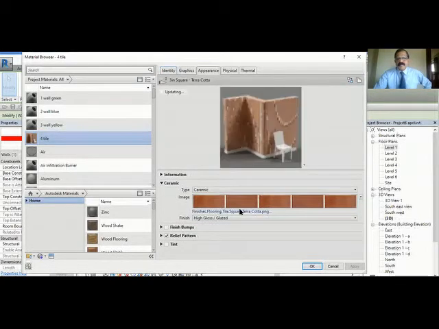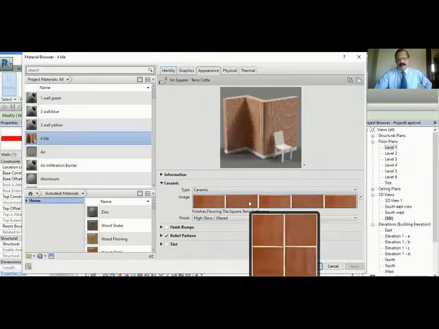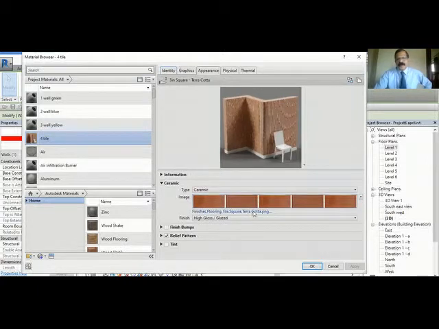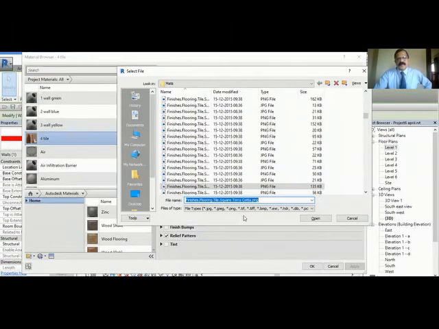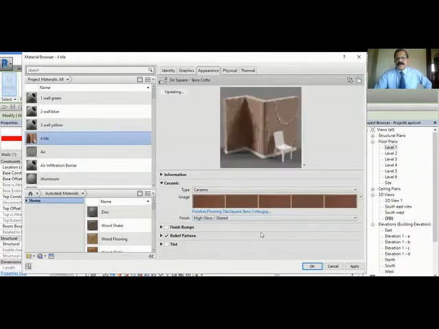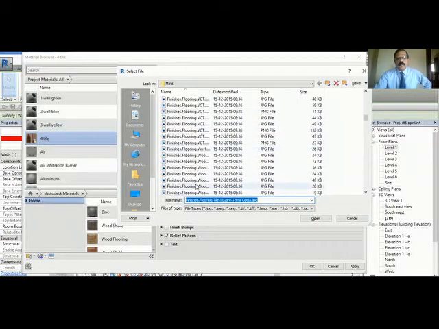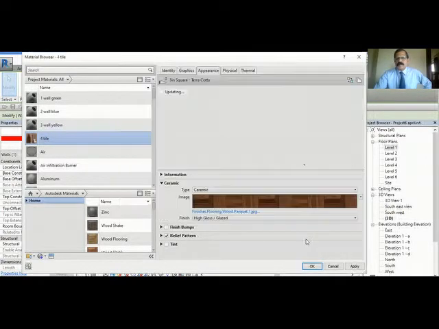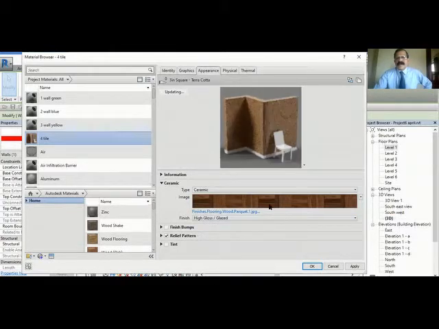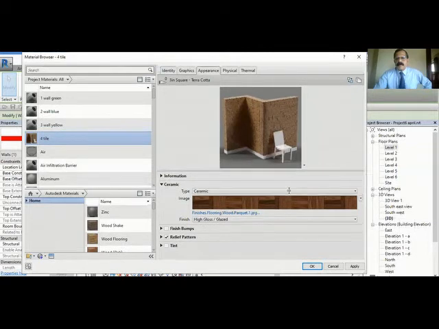So this is the image. Suppose you don't want this image. You want another image. You can change it anytime. Suppose you click this here. You see the name. You can change the image. You don't want this pattern of the type. You want another one. Click this. There are different types of patterns available. Okay, it's almost similar. We'll take another one. Wooden type. So this is a wooden type. See how it looks like here.